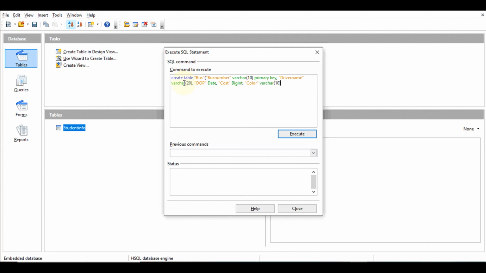Now I have to close the small bracket opening, and thereafter I have to end this statement also. So for that I am mentioning here a semicolon. So now here you can see again that I have mentioned first of all the create command, thereafter table, then table name bus, then first field bus number, data type varchar, size is 10. This column is mentioned as primary key. Thereafter driver name is the second column, data type is varchar, length is 20. Then third column is DOP, data type is date. Fourth column is cost and data type is bigint, and last column is color and data type is varchar,